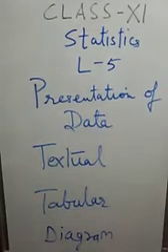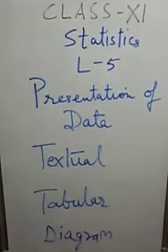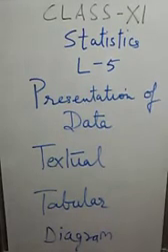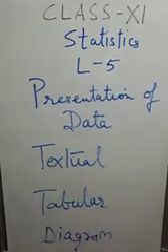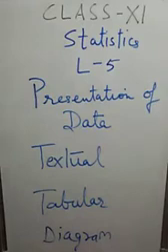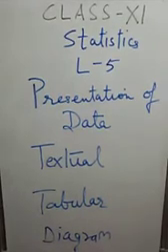For example, in a strike call given by the trade unions of the shoemaking industry in the city of Delhi, 50% of the workers reported for duty and only 2 out of 20 industries in the city were totally closed. So there was not much more to tell. Now, let's focus on tabular data.